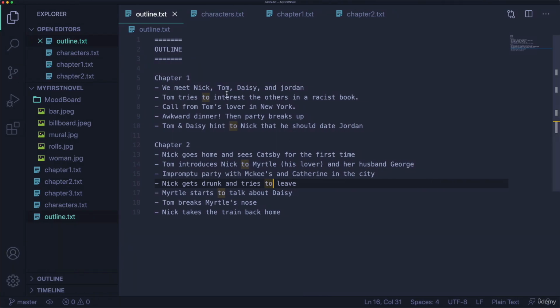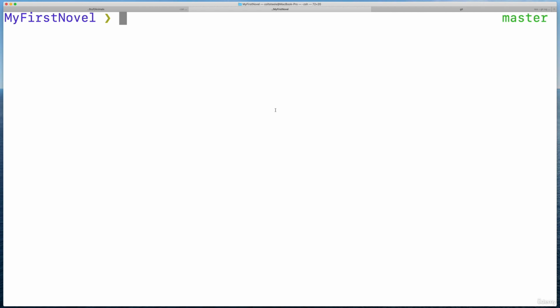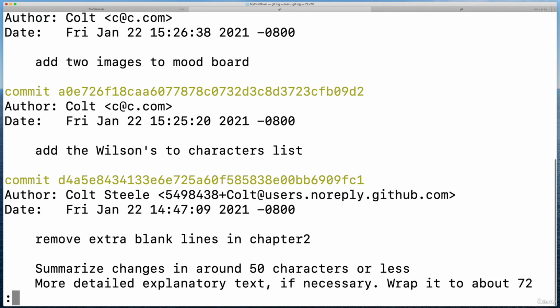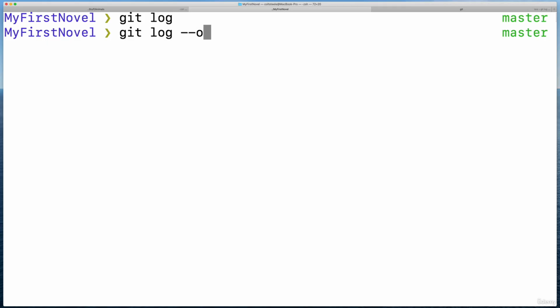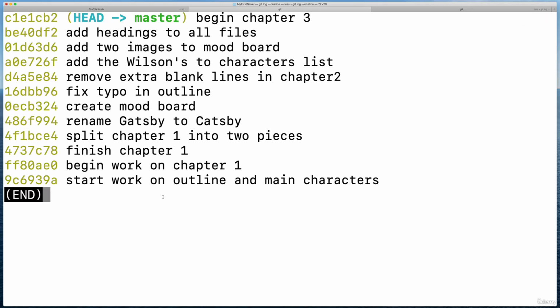So I'm going back to our first little repo, the Great Gatsby novel that I'm writing, my first novel. If you recall, we just have a single branch. I'm on master, so that's all that we have. And we have a bunch of commits. Let me do one line here. So we started with an outline, and then I did chapter 1, and then I split chapter 1 into two, chapter 1 and chapter 2. Then I renamed the character of Gatsby to Catsby,